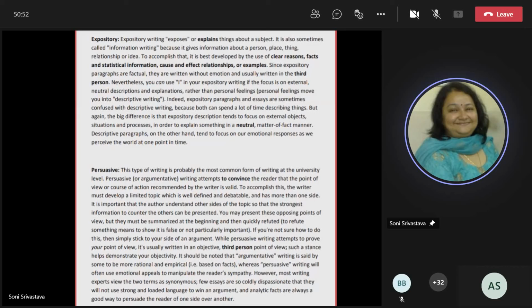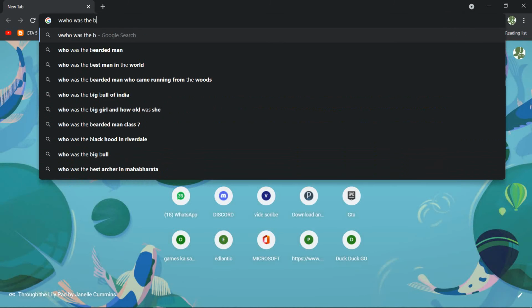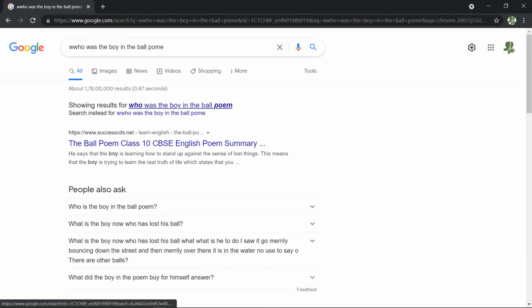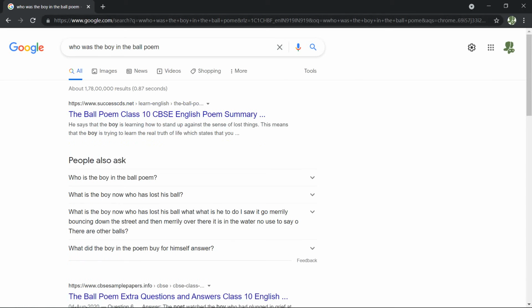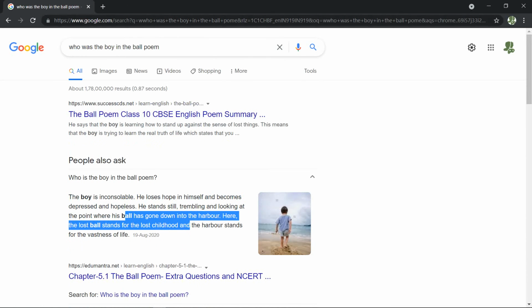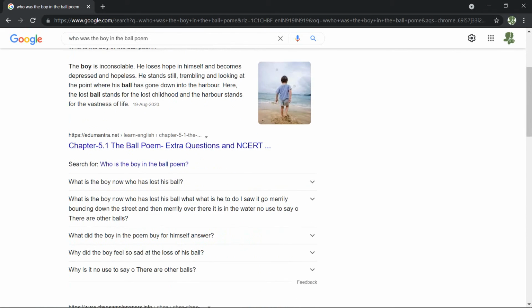In report writing, you talk about any event that has taken place, or you talk about any accident that has taken place. There are two different types which are explained, and it is mostly in reported speech. That is, you write in the past about an event that has happened, an accident that has happened, so you're giving an account of that, and that is expository writing. Why did I say Twitter updates? Because there are news items which are happening every day. They are describing that. So this is what expository writing is.